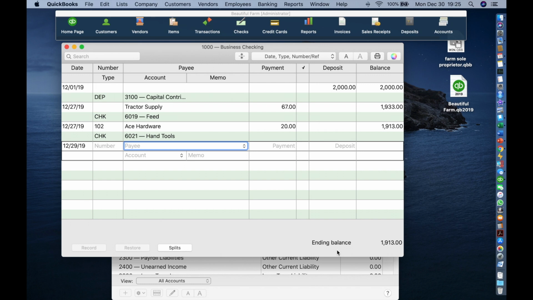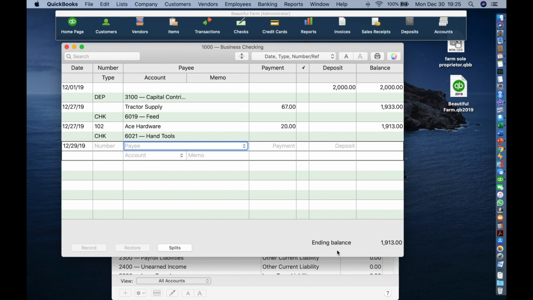Remember that a general deposit is a deposit that is not received against an invoice or a sales receipt. General deposits are, for example, refunds and capital contributions. Remember in the last video we bought chicken feed from Tractor Supply and charged it on the debit card? Okay, let's pretend that the feed was moldy and you have returned it. Tractor Supply has issued you a refund on the debit card, which is nothing but a deposit into your checking